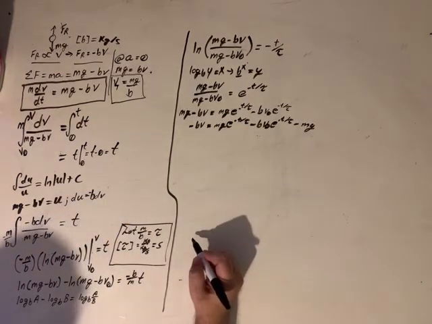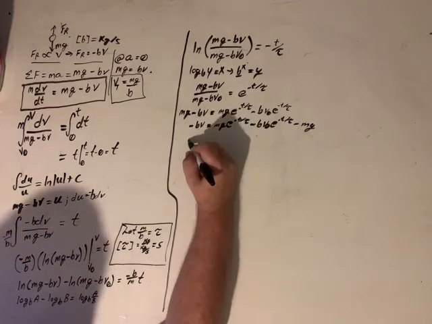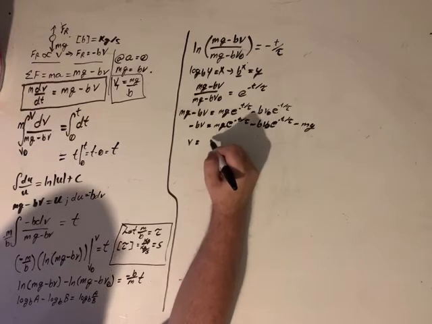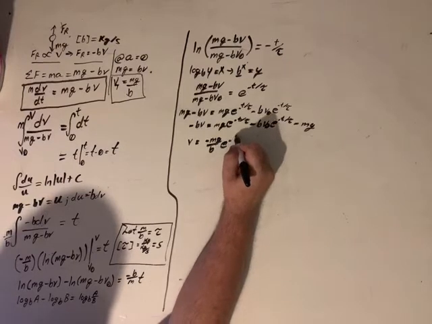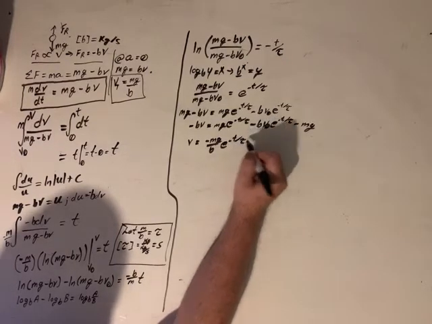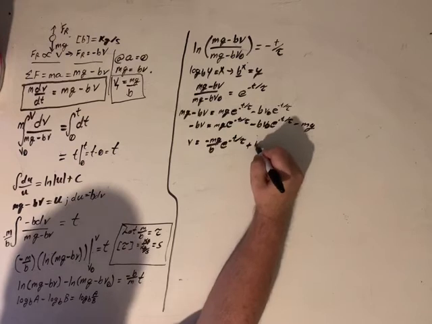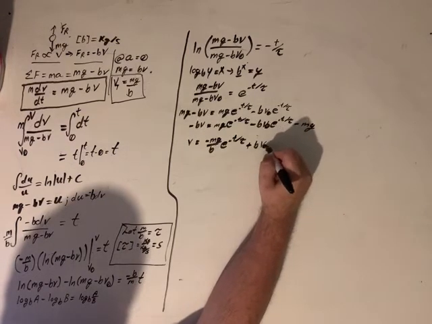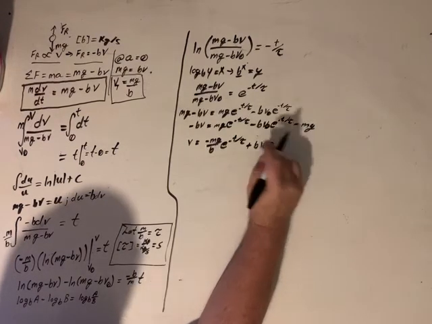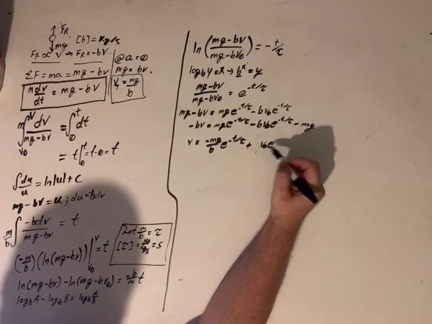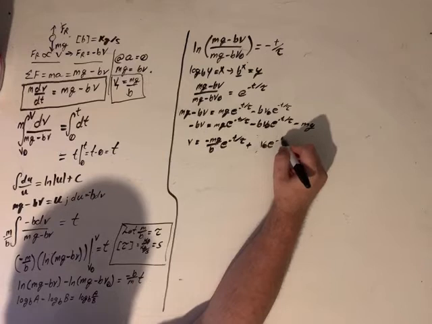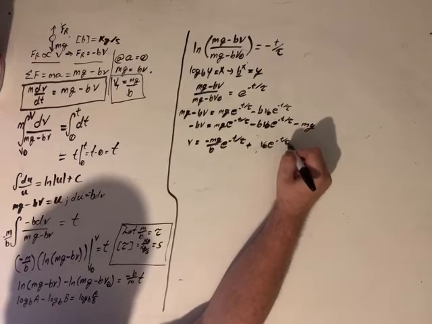Now I'm going to divide by negative b. v equals negative mg over b e to the negative t over tau plus b v sub 0, the b's cancel out, plus v sub 0 e to the negative t over tau